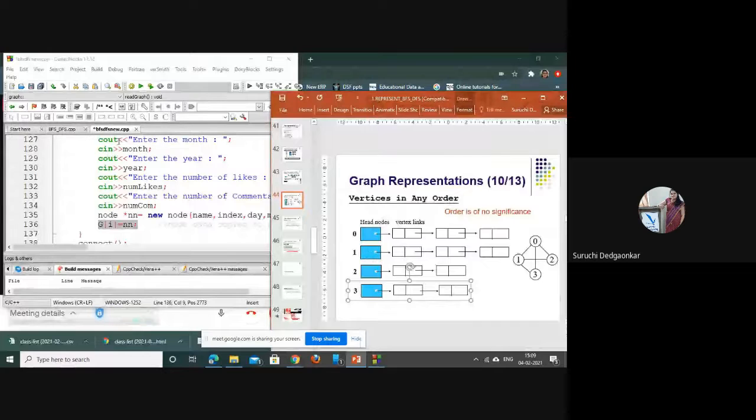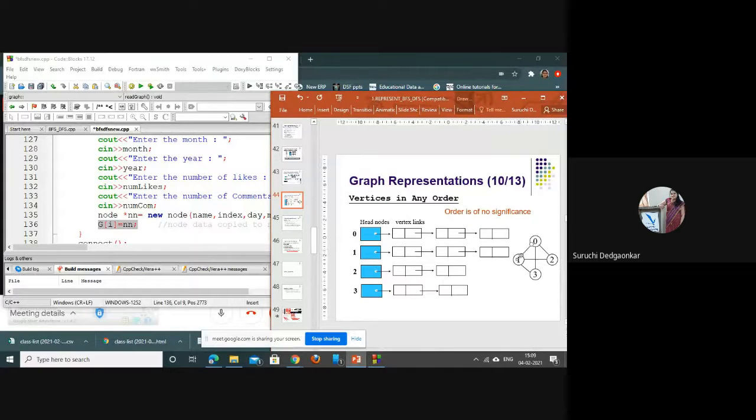And now we will think about adding edges. That means we have just added the vertices, the details of the vertices, in our graph, and we still have to add the edges. For every edge now, we will take the source and destination and add it at two positions.